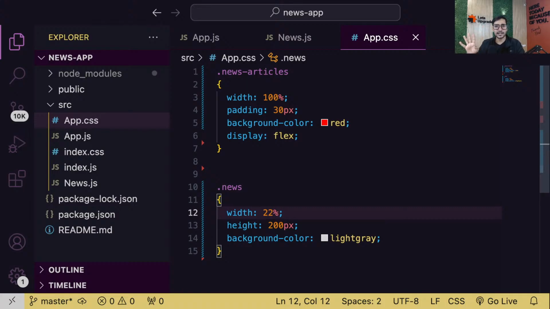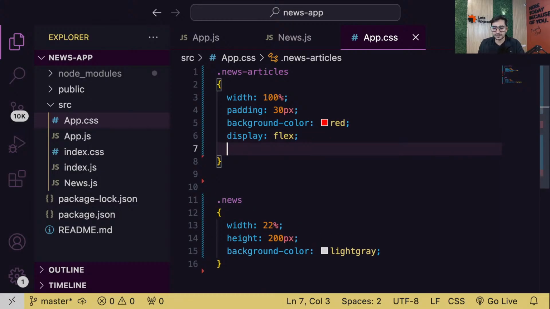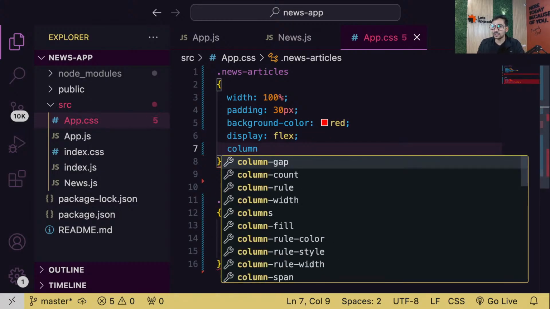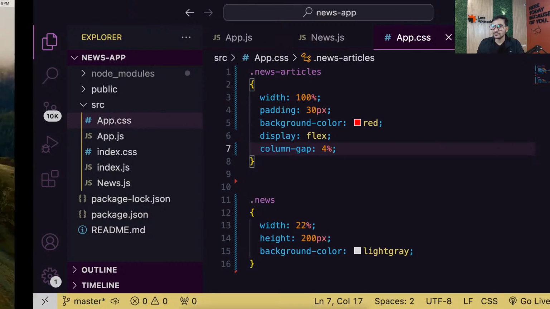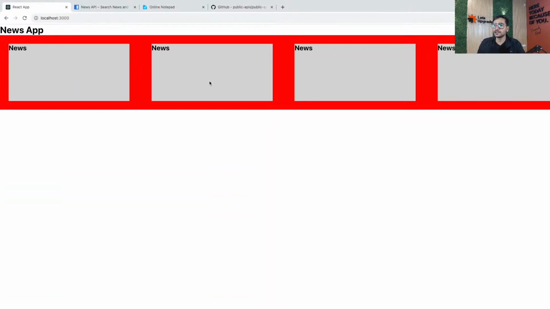Correct? That means the width that is left is 12%, and that 12 I want to divide into 3 gaps. So I'm going to say column gap of 4%. And hopefully we'll get proper gaps here. And here we go, see, we have these gaps properly. Simple enough.